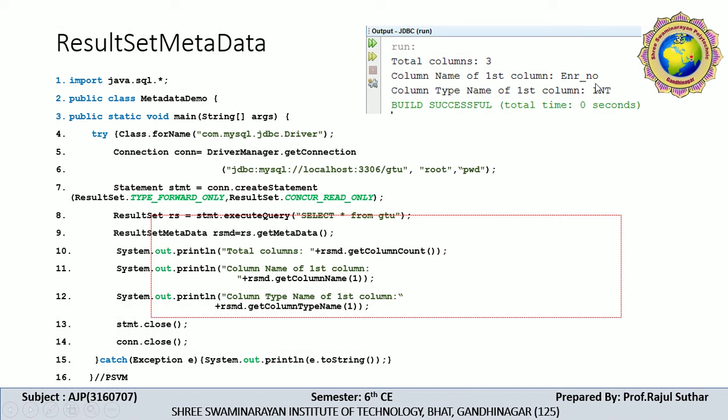So here the ResultSetMetaData information is retrieved, such as the column type.